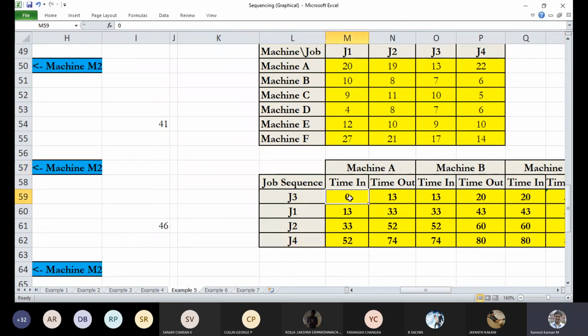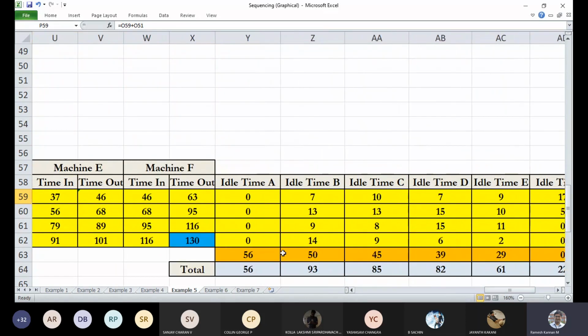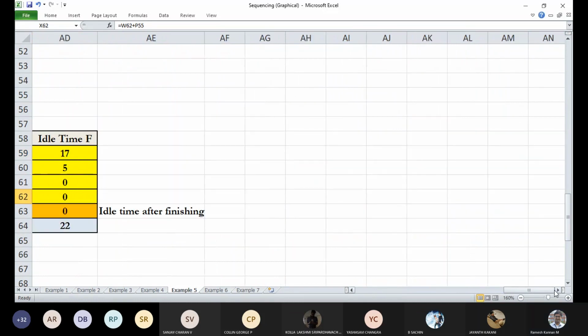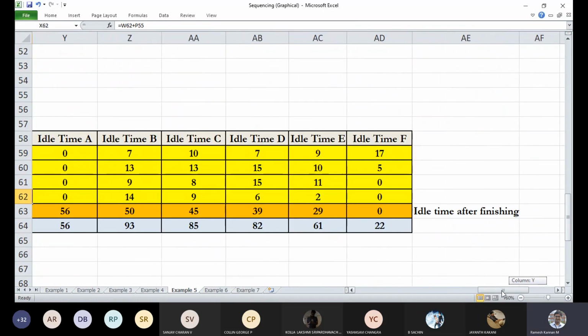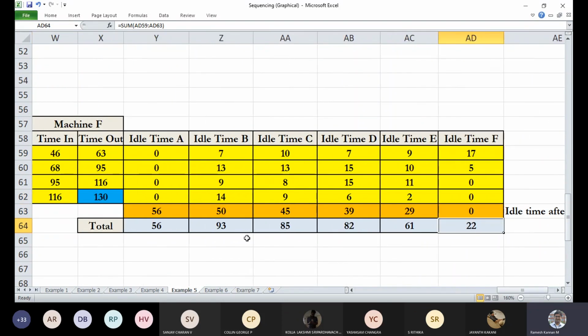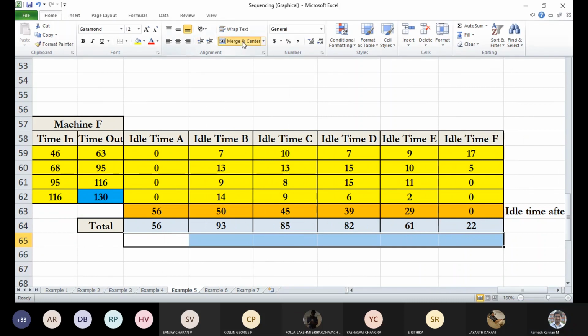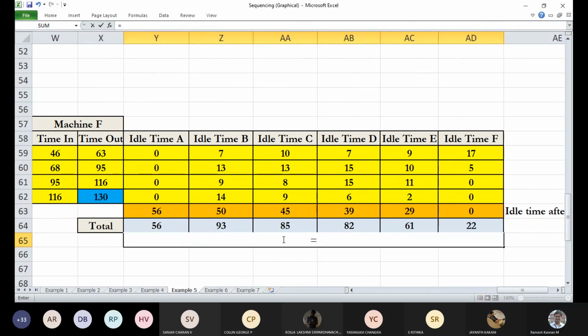Like we'll find the time in, time out. This will be our delay, because machine B cannot start unless machine A gets over, and so machine C cannot start unless machine D is over, and so on. Finally, we'll calculate the overall elapsed time, which is 130 minutes, and you can find the idle time, and I can even find the total idle time of the machines also.